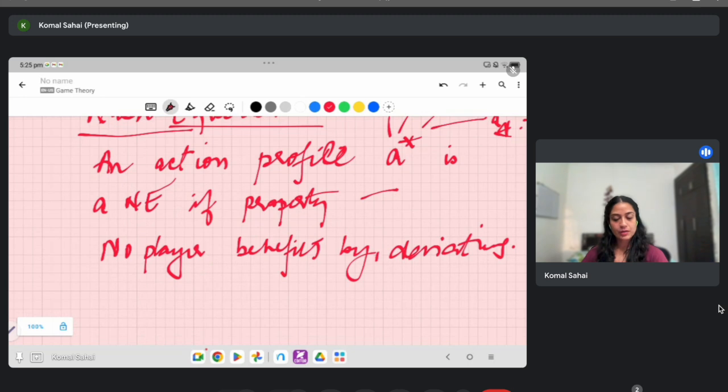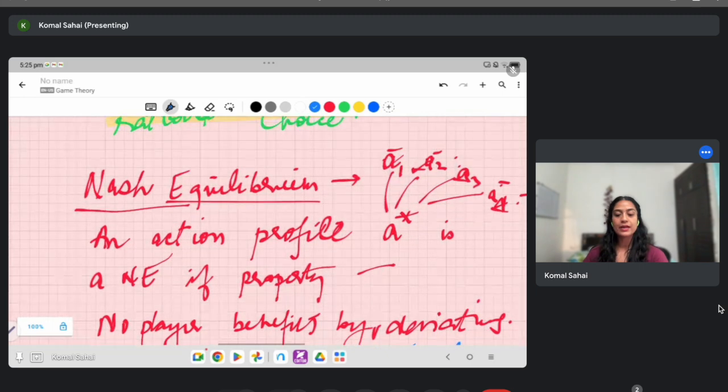Or the more precise formulation is that no player benefits by unilaterally deviating. यूनिलैटरल डेविएशन का मतलब क्या है कि सपोज ये जो भी A star है, A star has action specified: A1 star for player 1, A2 star for player 2, A3 star for player 3, and A4 star for player 4. अब from the point of view of player 1, if player 2, player 3, player 4